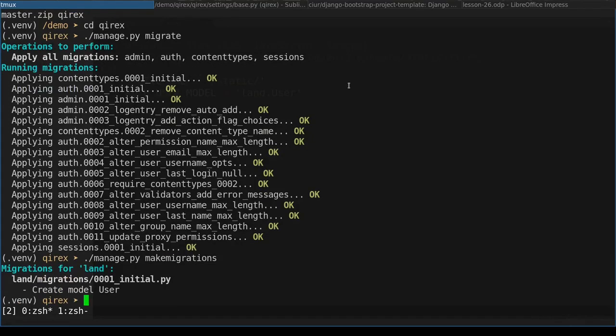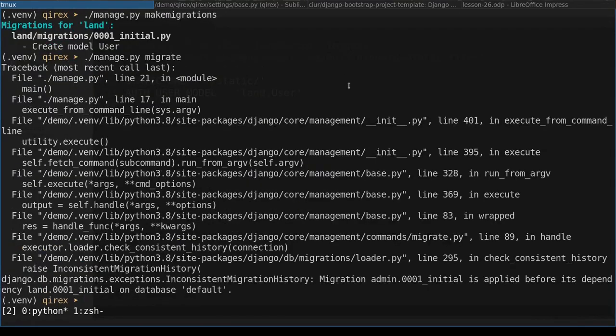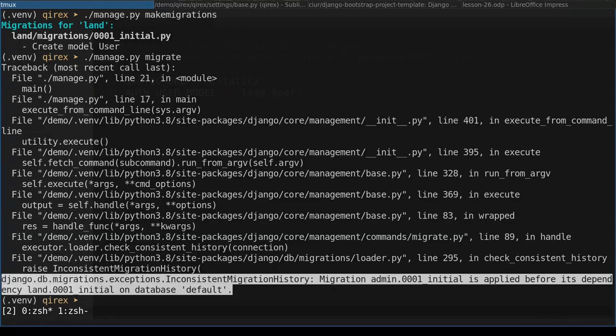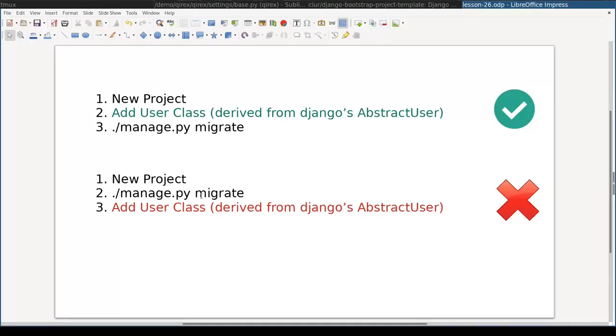Okay, we have migrations, and now let me run them once again. You see, it didn't work. And it's not just that it didn't work, it also throws a very strange error. And from this error message, it's pretty difficult to figure out what the problem is. And in this second case, after we run migrations already, we need to think of a different way of extending the